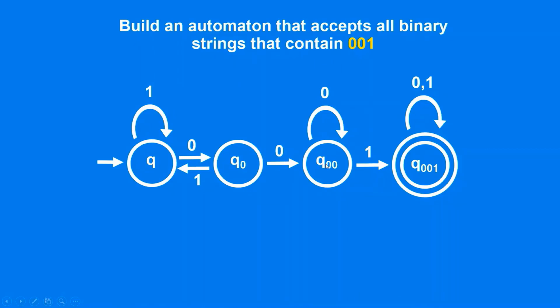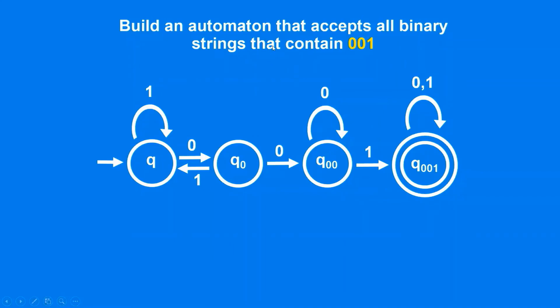Then we write, when you are in this state, that means you have read 0, 0. That's why you can give a state name, Q00. Then this is the final state. Either you can write Q1, Q2, Q3, Q4, or Q0, Q1, Q2, Q3, or A, B, C, D, whatever state name you can give. But this is a very simple problem. Are you getting the problem? Are you understanding the language?